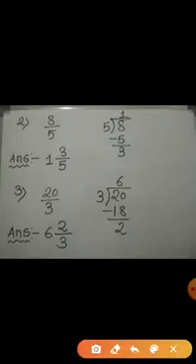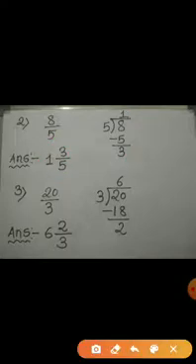Let us see some more example. Change improper fraction 8 by 5 to a mixed numeral. So let us divide 8 by 5. Now 5 ones are 5 and 8 minus 5 is equal to 3. Here your whole number is 1 and the remainder that you got is your numerator. Hence while writing the mixed numeral, first we keep the denominator as it is, which is 5. Then we write the whole number 1 here and remainder that we got we write in the numerator. Hence 1 3 upon 5 is the mixed numeral of the given improper fraction.